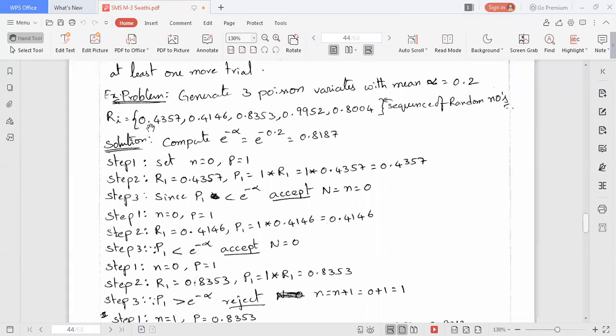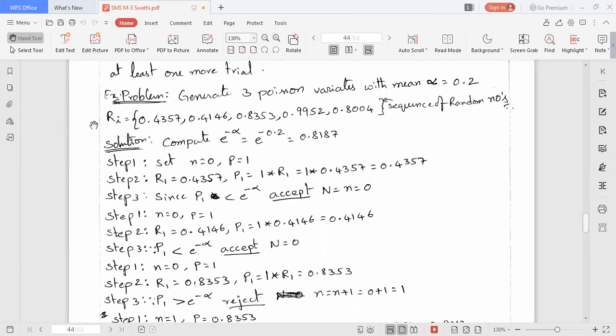Ri is nothing but a set of random numbers: 0.4357, 0.4146, 0.8353, 0.9952, 0.8004.